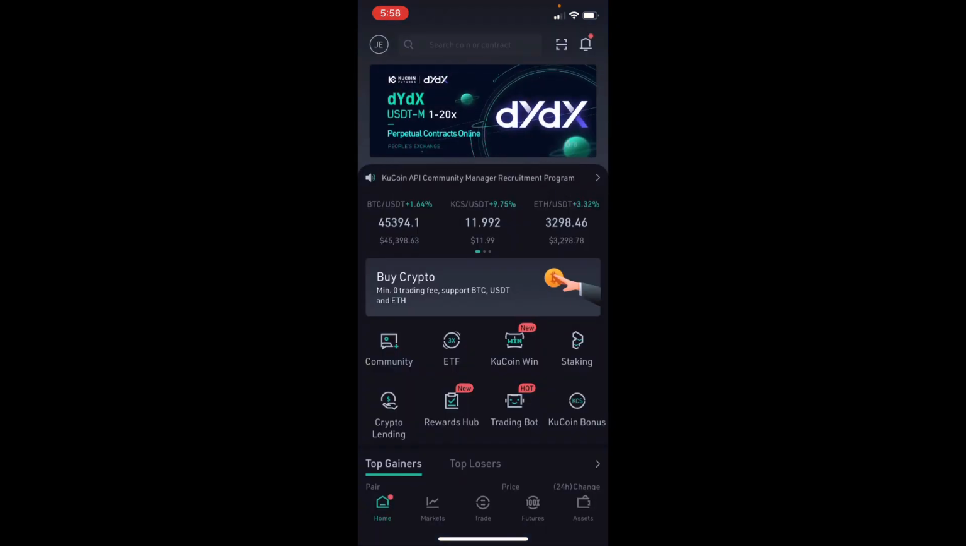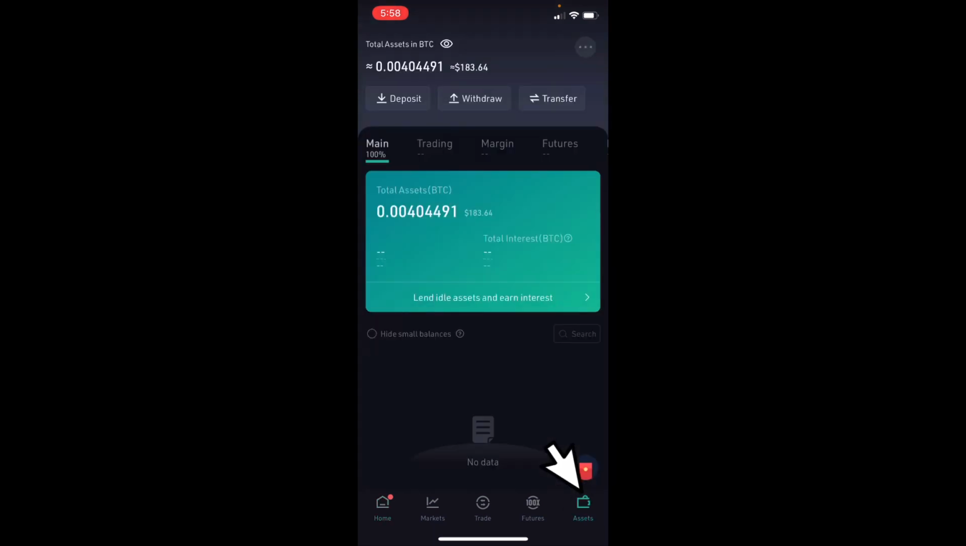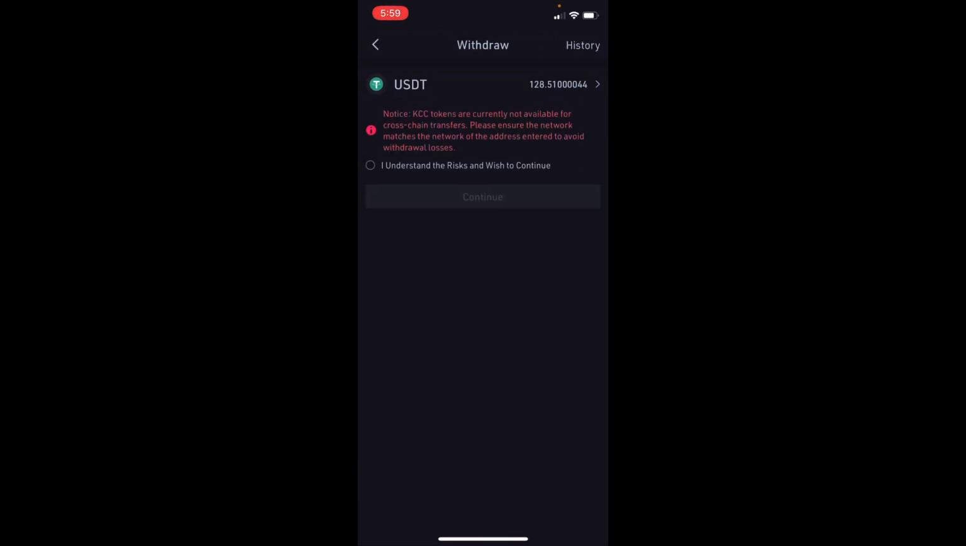Okay, now that we're at the home screen on KuCoin, what we need to do is go to assets. Then we're going to go to withdraw. We're going to hit USDT. It says notice KCC tokens are currently not available for cross-chain transfer. Please ensure the network matches the network of the address entered to avoid withdrawal losses. All right, so hit understand,